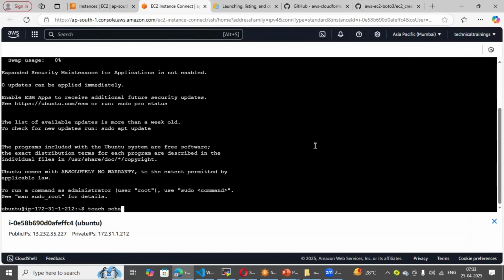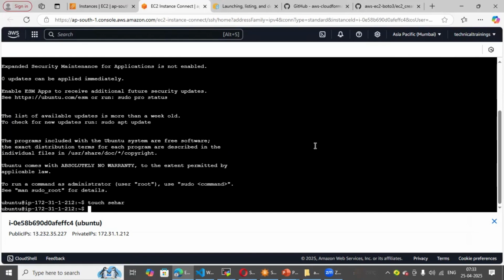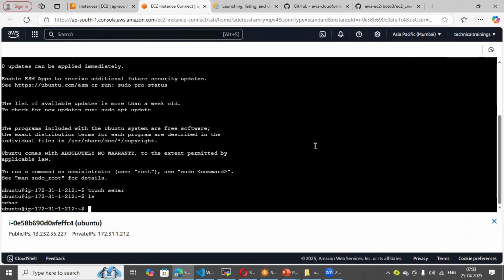Let the file name be shaker. And as I hit enter, you see a file is created with the name shaker. Okay, so now in case you have to create a directory, you execute another Linux command, mkdir, let's keep